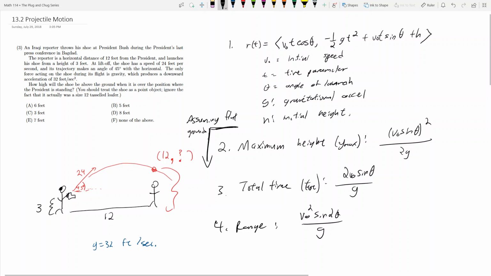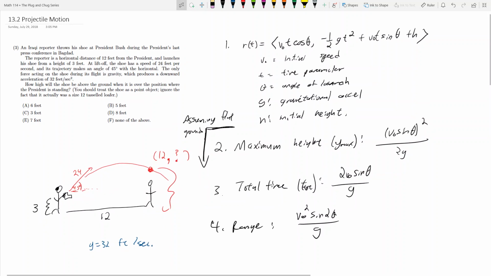Cool. So we want to find how high the shoe will be when it reaches President Bush, which is this guy. How high will the shoe be when it reaches President Bush? And so our question here is,